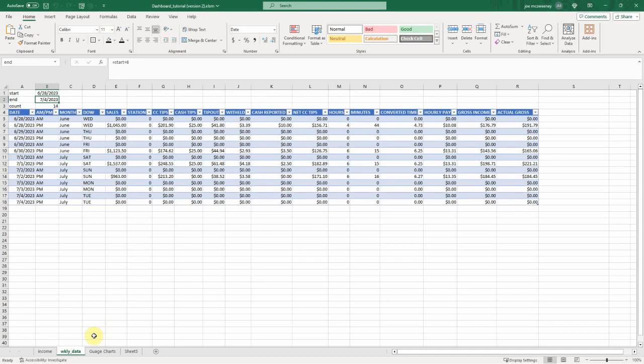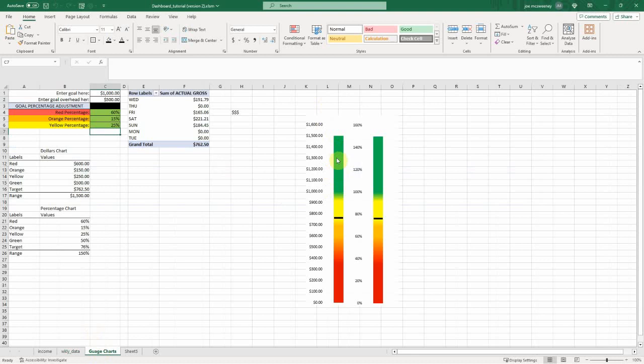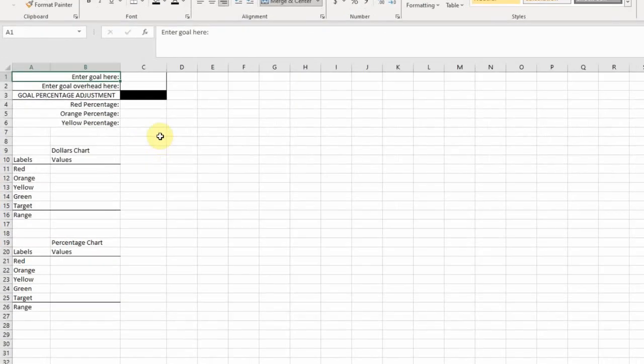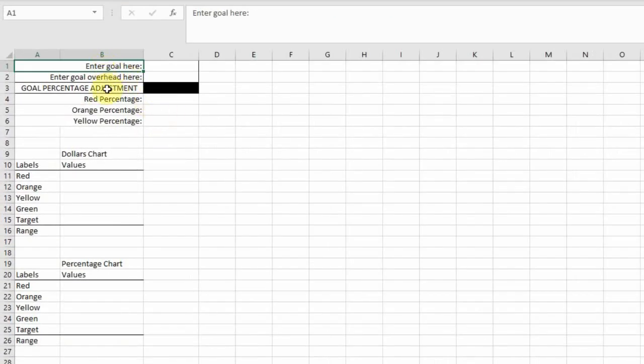Now, what we're going to be building today is some gauge charts, and that's going to help us track our progress toward our weekly goal. So when I come back, we'll get started on a fresh sheet. Be right back. Here we are in a new sheet, and I went ahead and filled some things in